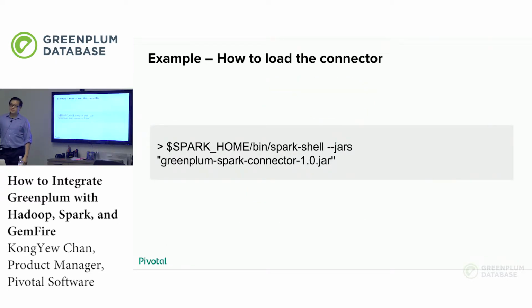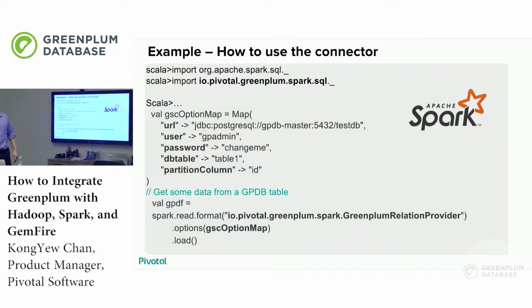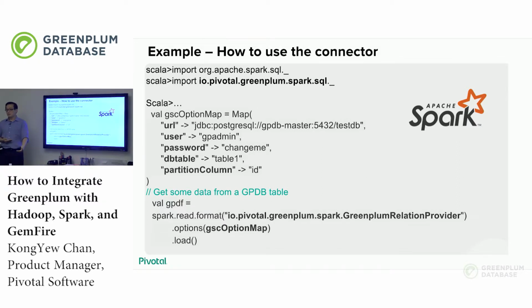Let's look at a simple example. How would you use this Spark connector? It's pretty simple. You go through a Spark shell, and you have our connector. You just need to pass the jar location to the Spark shell by using this option --jar. And once you have the jar loaded, you run into a Spark shell. You want to verify that the Spark shell has loaded the jar. And the easiest way is just run the import class, and it'll show you whether the class has been imported